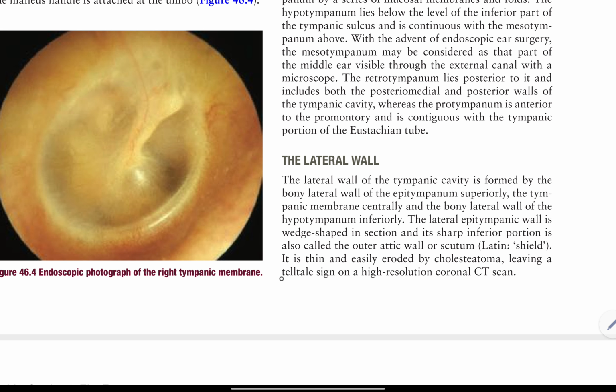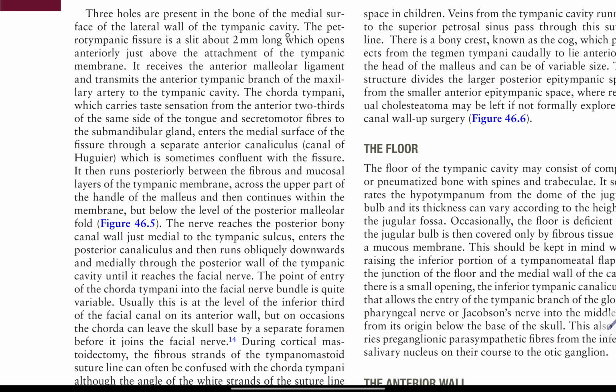Three holes are present in the bone of the medial surface of the lateral wall of the tympanic cavity. The petrotympanic fissure is a slit about 2 millimeters long, which opens anteriorly just above the attachment of the tympanic membrane. It receives the anterior malleolar ligament and transmits the anterior tympanic branch of the maxillary artery to the tympanic